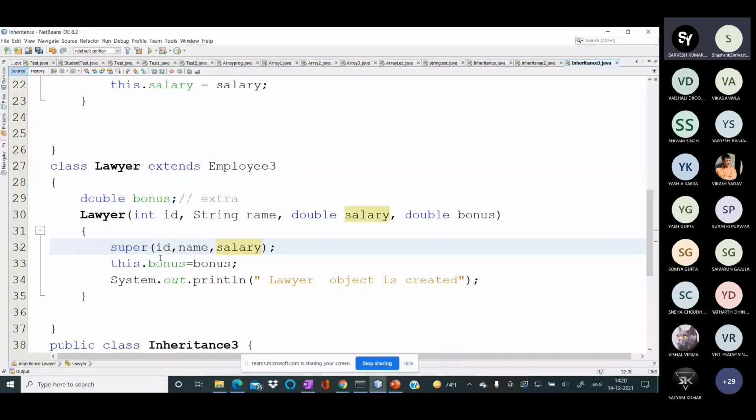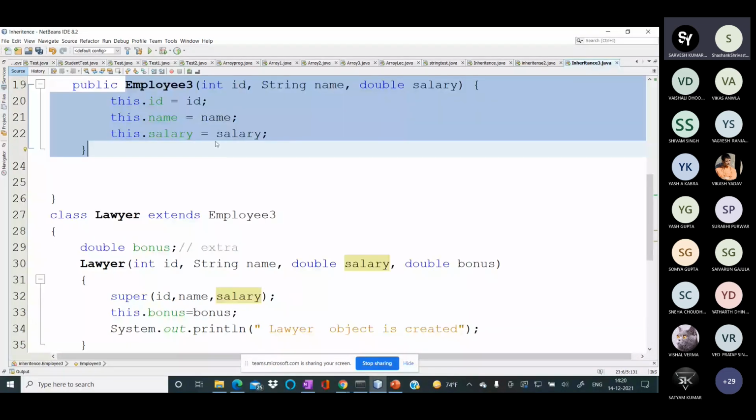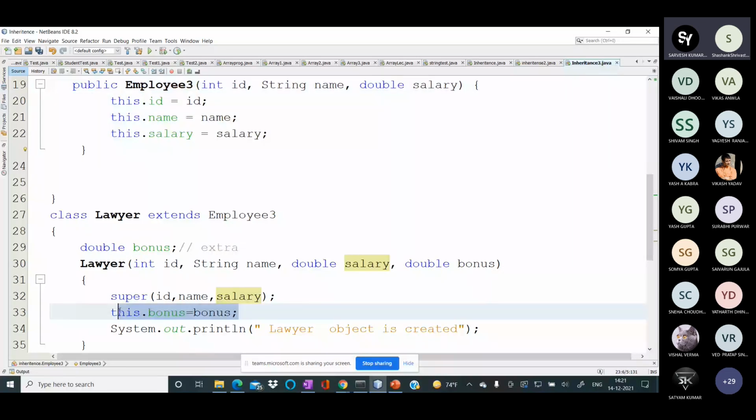If I write here super ID, name and salary, it means the parent class constructor is called. With the help of the parent class constructor, this dot ID is executed, this dot name is executed, and this dot salary is executed. And in the 4th line, bonus is also initialized. So with the help of the super keyword, we can invoke the parent class constructor.